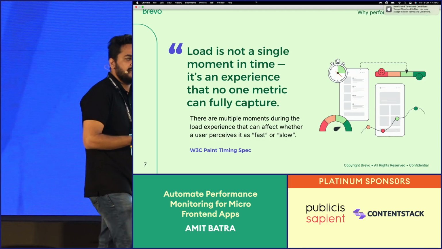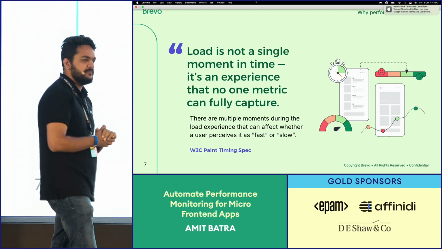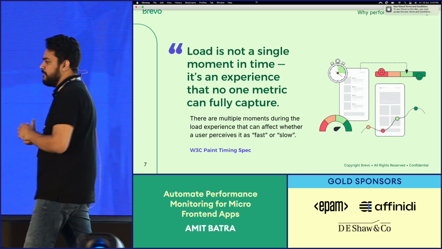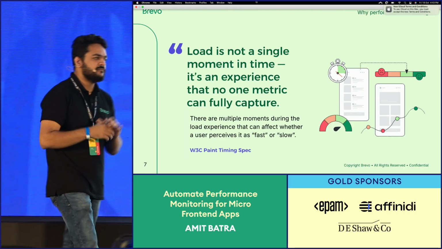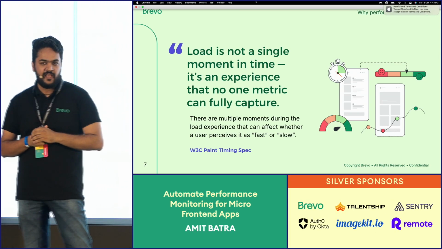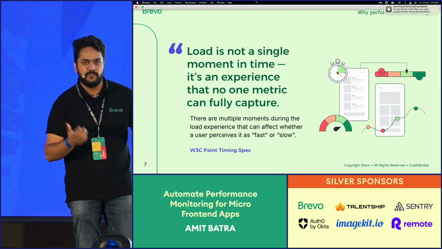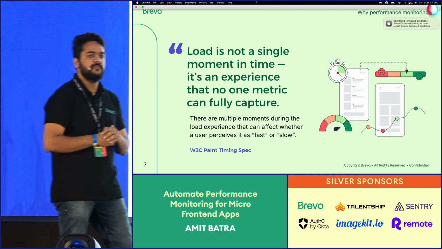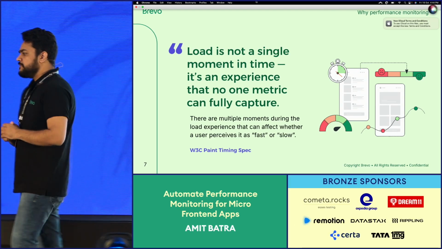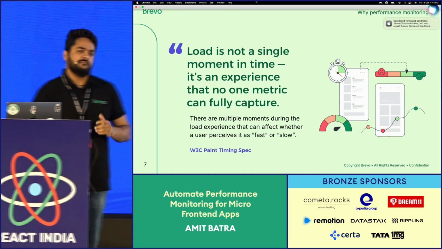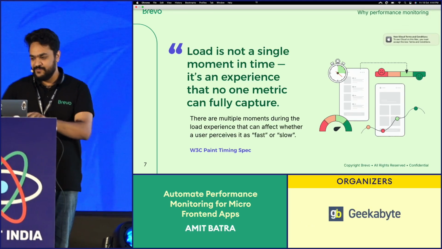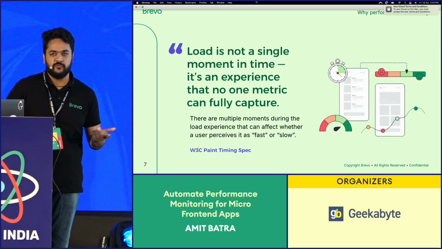So this consists of different phases, like the speed of your application, the stability of your application, the smoothness of the application, or the responsiveness of the application. All these different stages correspond to a different set of metrics, and all these metrics have different weightages. If you combine all these metrics, you have an aggregated score on the basis of which you'll be able to measure your performance more comprehensively. And we go by the phrase, right? First impression is always the last impression. So we have to give it a broader view, right?